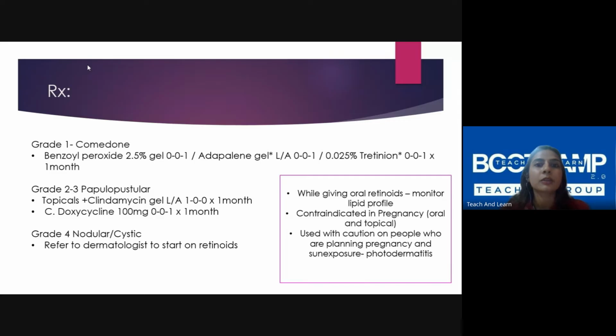You have to give it for a month. Since it's a recurring thing, you can ask them to apply it. When you're giving adapalene and tretinoin, make sure you tell them, even if it's there in multiple areas, to apply it locally, not on the entire face. They tend to apply it on the entire face, thinking that will prevent new pimples from appearing. So make sure you tell them not to apply a lot because it will burn the skin. The amount we describe is a pea-sized amount. Both cheeks, forehead, and chin. These are the areas where you have to apply.